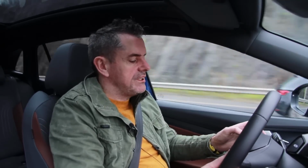So we're going to get up to 100 kilometers an hour. We're going to set the active cruise control for 100. I think that does it. Yes, there we go. So we're at 100 kilometers an hour. Going to let the active cruise control do its thing right now,